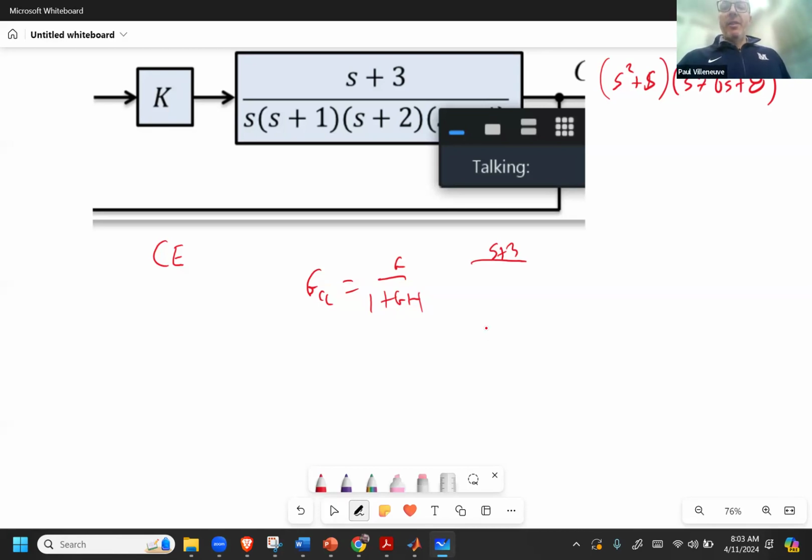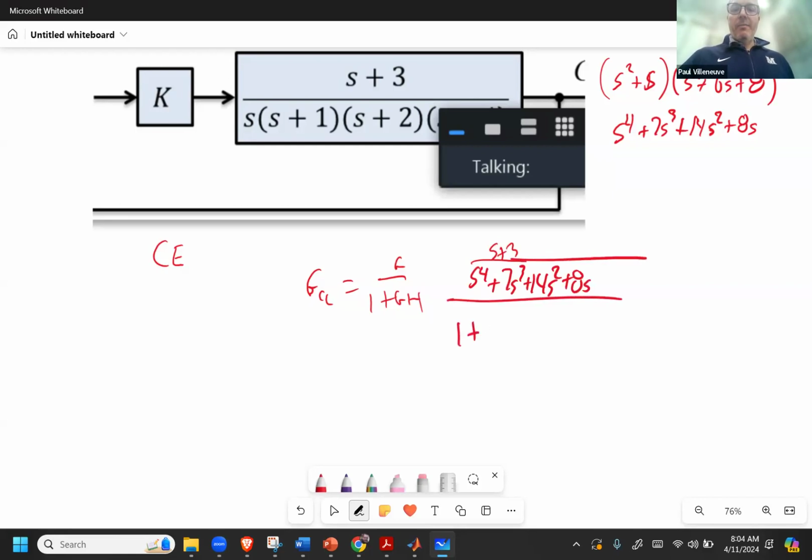And then I have, so this is what I struggled with the other day. So we have s to the 4th. I have an s cubed and a 6s cubed. So that's 7s cubed. Now I need to go with the s squareds. So I have 8s squared, and that's it, right? I don't have any other s squared. Oh, no, I have 14, sorry, because I have s times 6s. So that's 14s squared. Now I've got to go to the s singles. And that's basically it, correct? So s to the 4th plus 7s cubed plus 14s squared plus 8s all over 1 plus